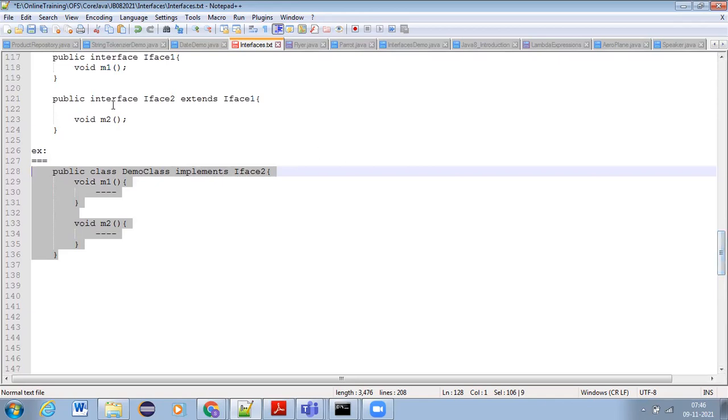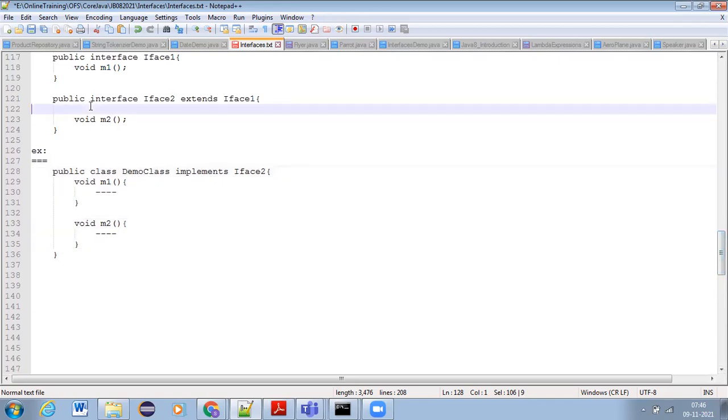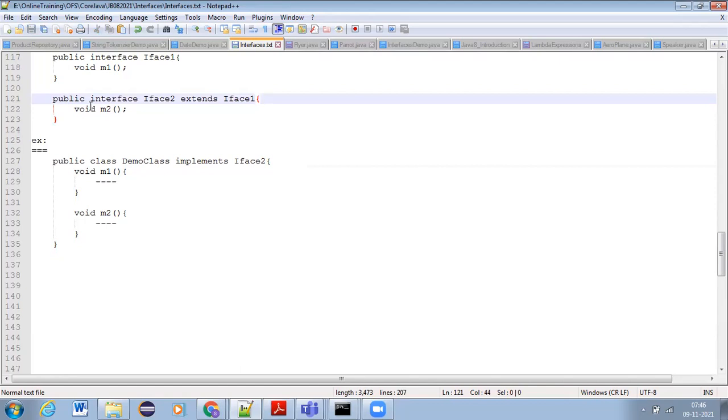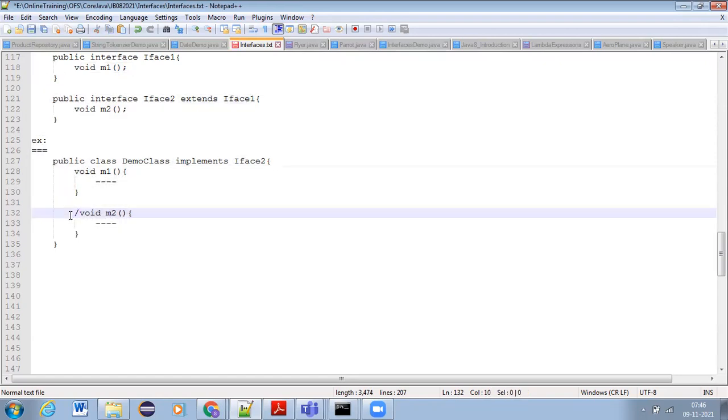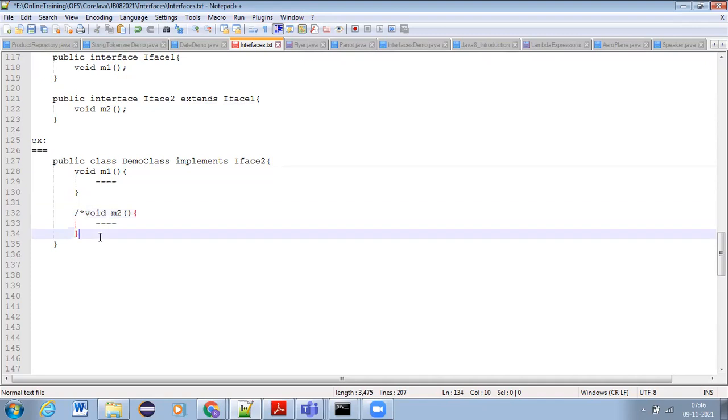The same concept we learnt in abstract classes, we are doing here. If you don't write void m2 here, what happens? It will give you a compilation error: DemoClass is not abstract, not overriding the abstract method m2.